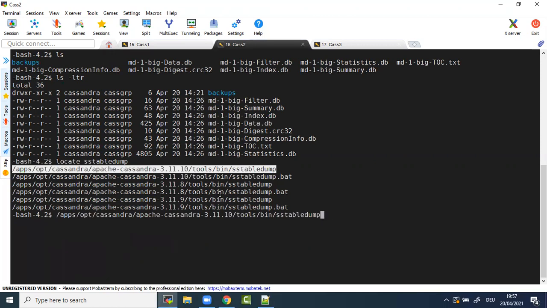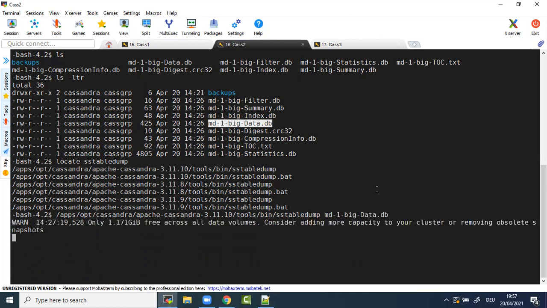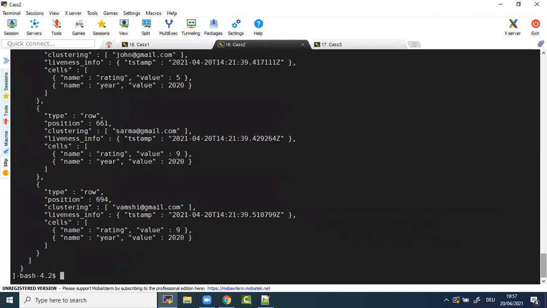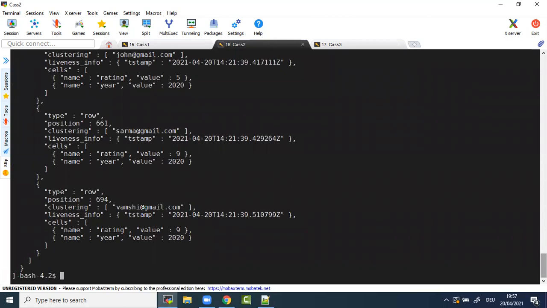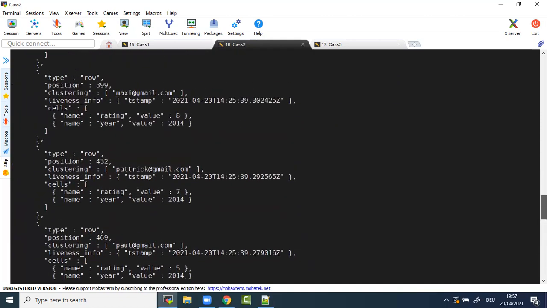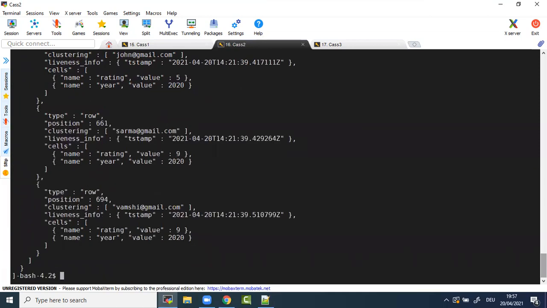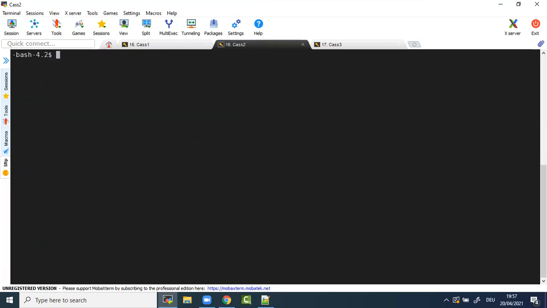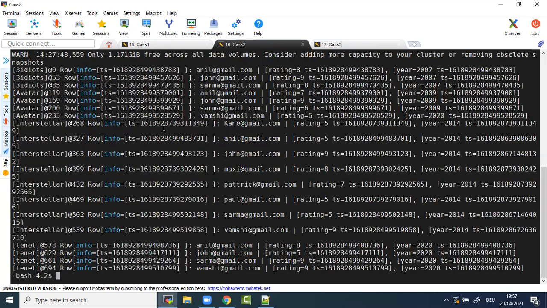So if you say it like this, you get to see what is there inside that particular SSTable file. Which format is it in? It is in JSON format, isn't it? Now you want to see the internal exact storage structure. Try to pass -d. So I'll pass -d. Now see how it stores. Okay, if you notice here, right,